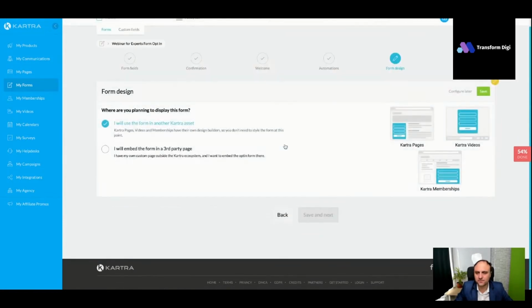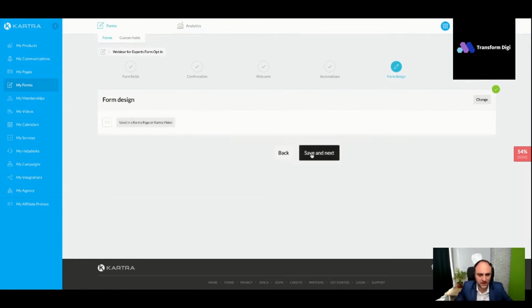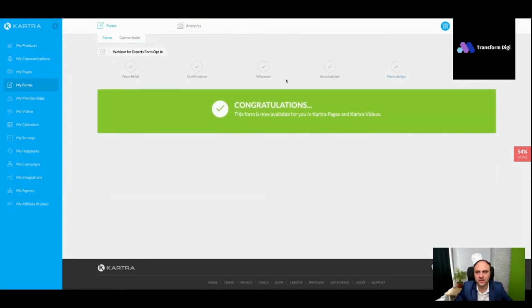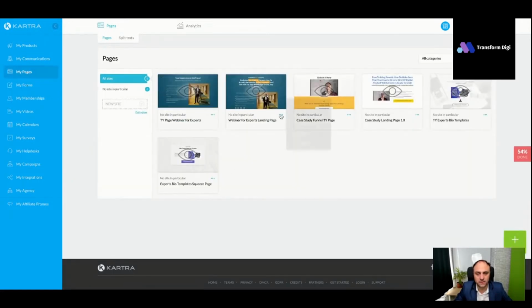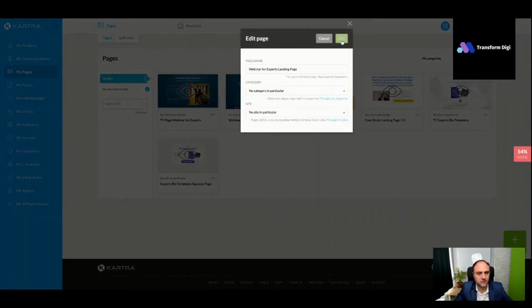Same as the next. Where are you planning to display the form? We'll use it in Kartra. Otherwise, you can embed it, for example, on a WordPress site or any other site that you have. But now we're going to use Kartra. Save and next. Boom, we are done. So now we need to tell the software that this form is done. And to check everything,